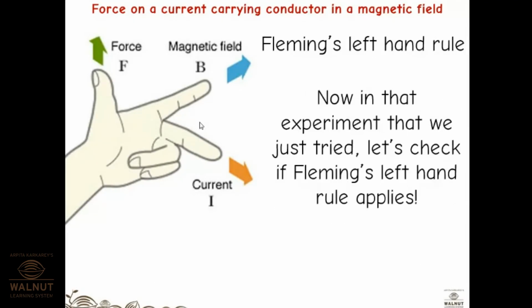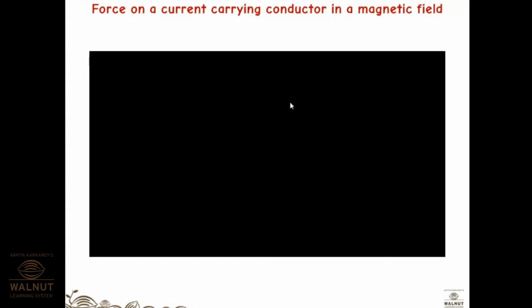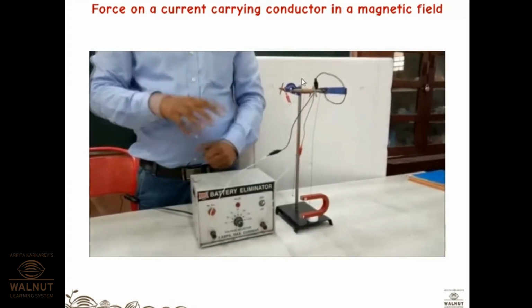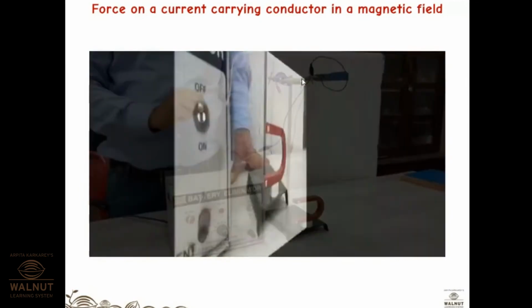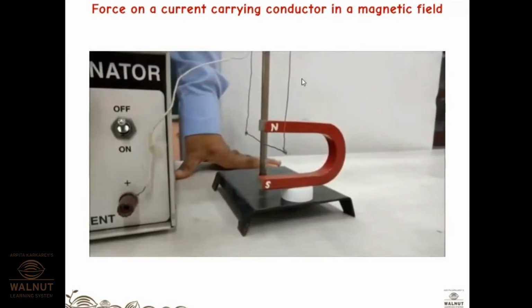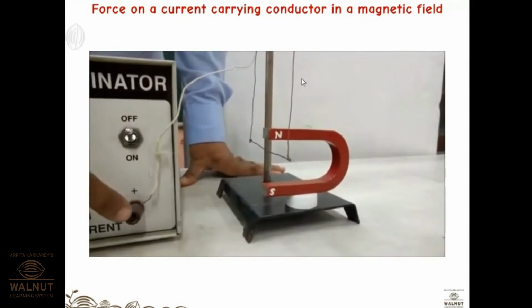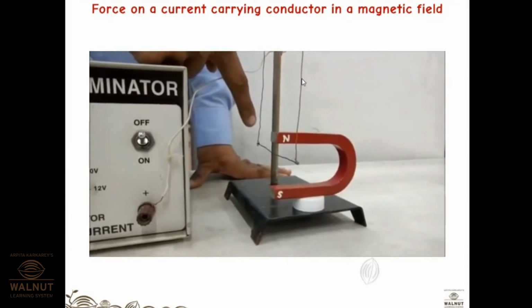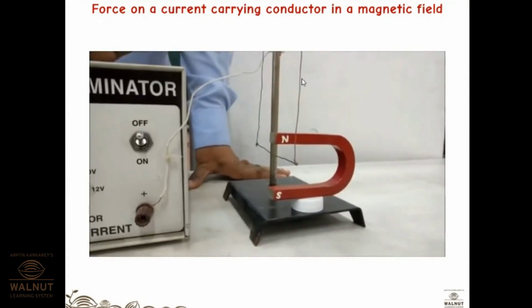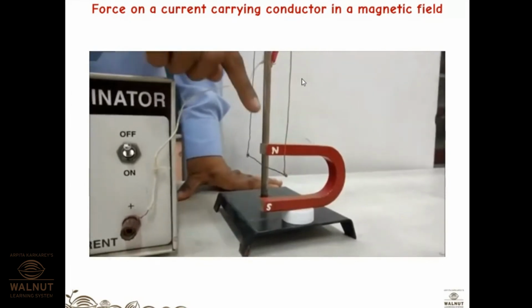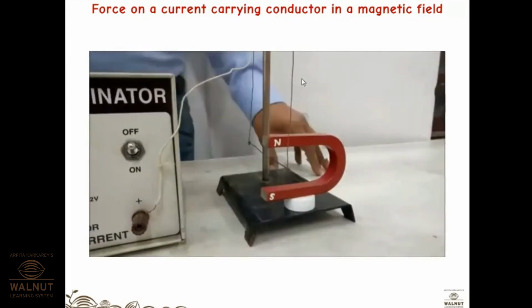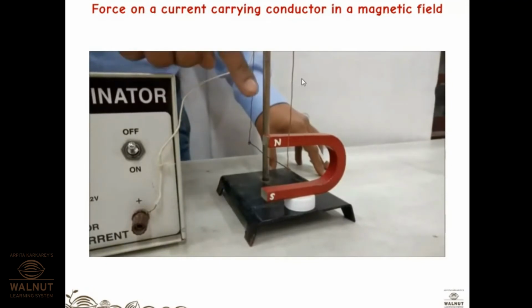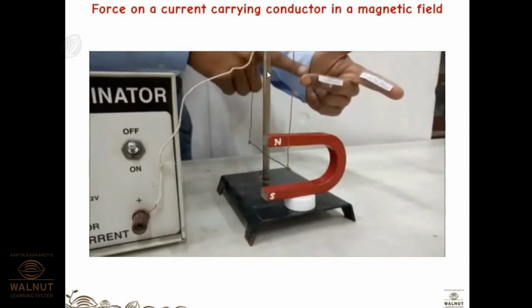So let's see how it is. Let's come back to the experimental setup to verify Fleming's left hand rule. We can see that the current will start from the positive terminal. So in the swinging part of the wire, it will go from the part that is behind to the part in front of the magnet. The magnetic field direction is from north to south. If we go as per Fleming's left hand rule, current is in this case from behind to front. This is current. Let's place the finger in the correct way, from behind to front.